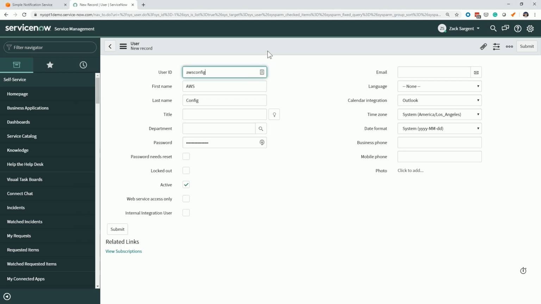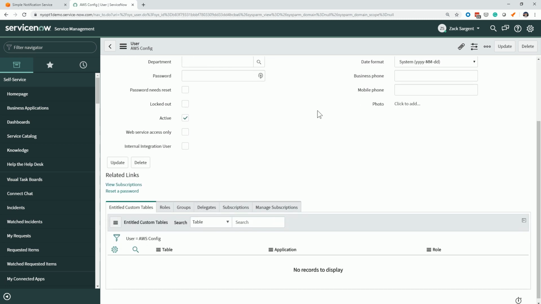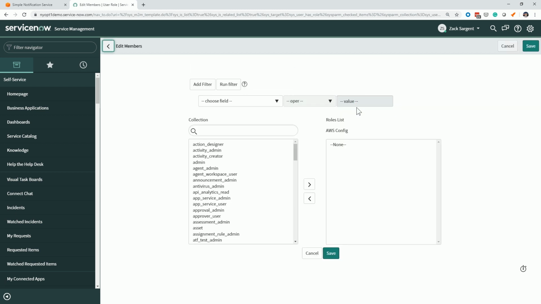And let's save this user. All right, so now I have a user, but I need to assign a role here. So this user can't really do anything. So what I want to do is